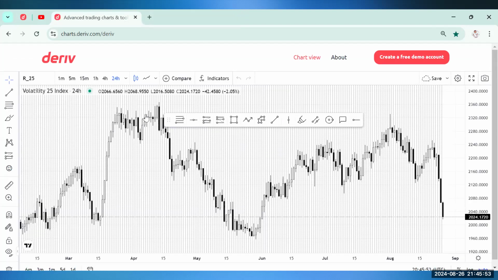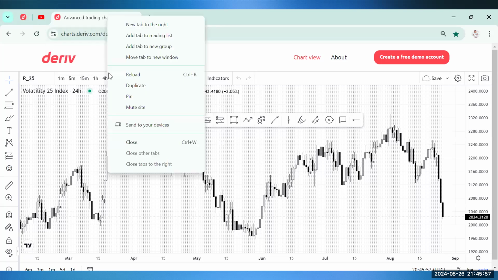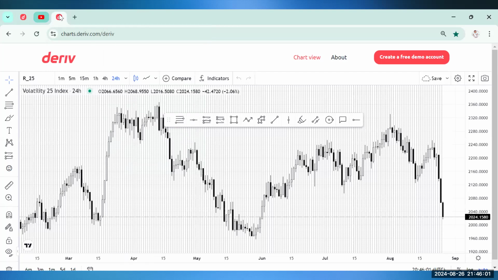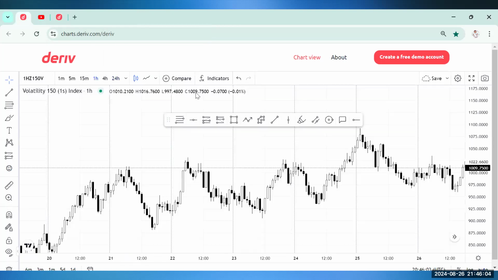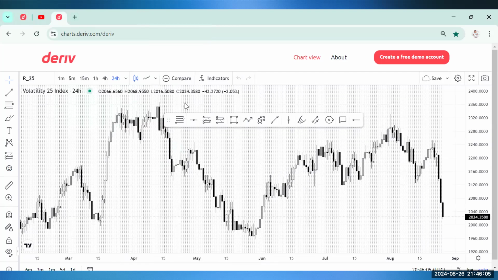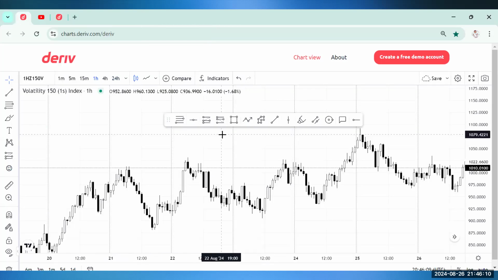All right, once the chart opens, please right click so that you can easily locate it. You click on pin, then you pin it there. I already have mine here. This one is showing Volatility 25, and this one is showing Volatility 1s, on a 1 hour